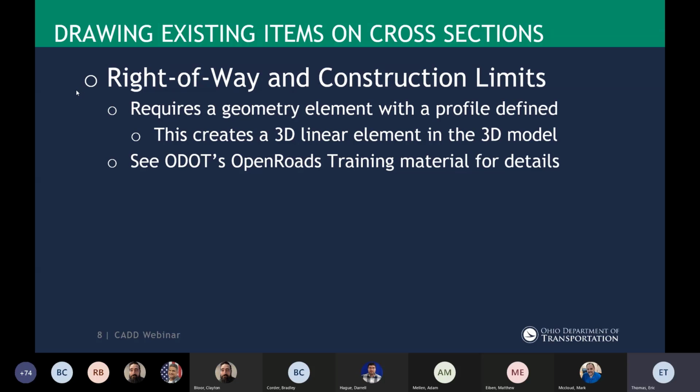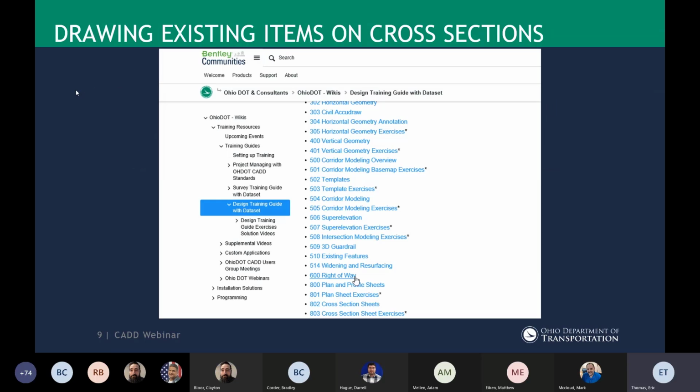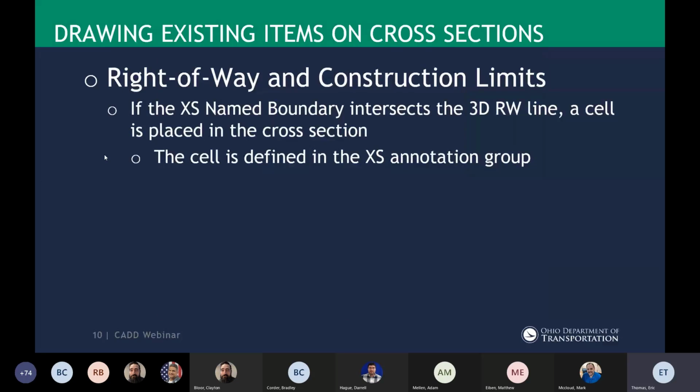But I want to dig a little deeper in this. The question was, well, here's where the training material can be found. So back on that wiki page under training guides, there's a chapter for right-of-way on the design training. So that's got, towards the end of that chapter, information on assigning a profile to the right-of-way lines. Now that information shows,